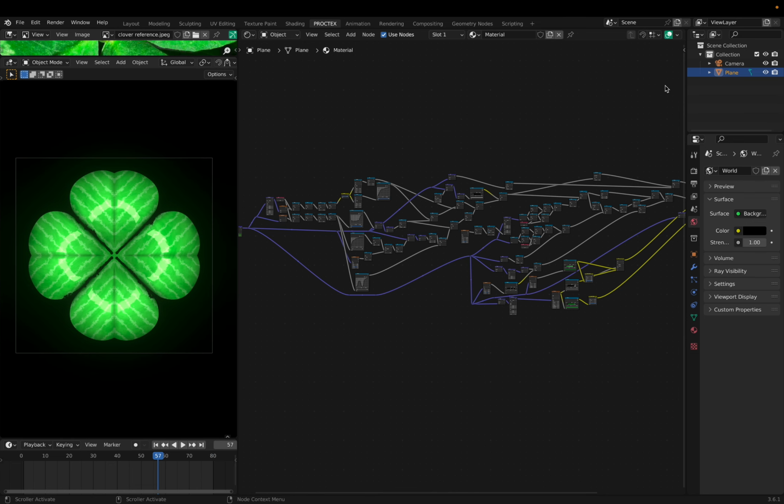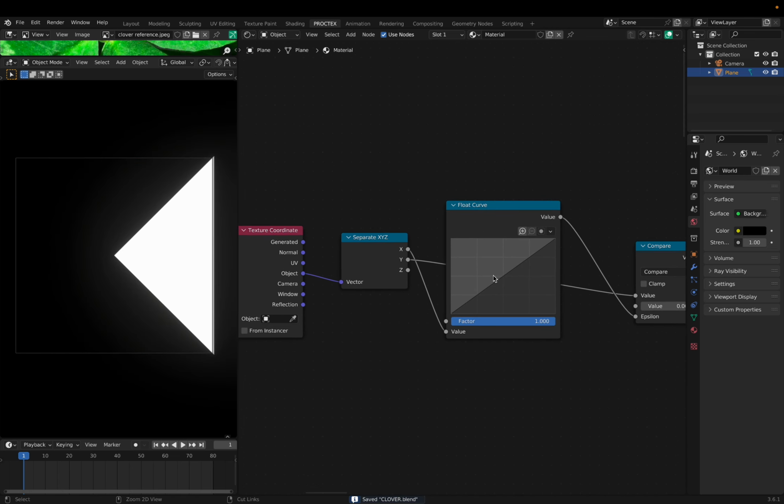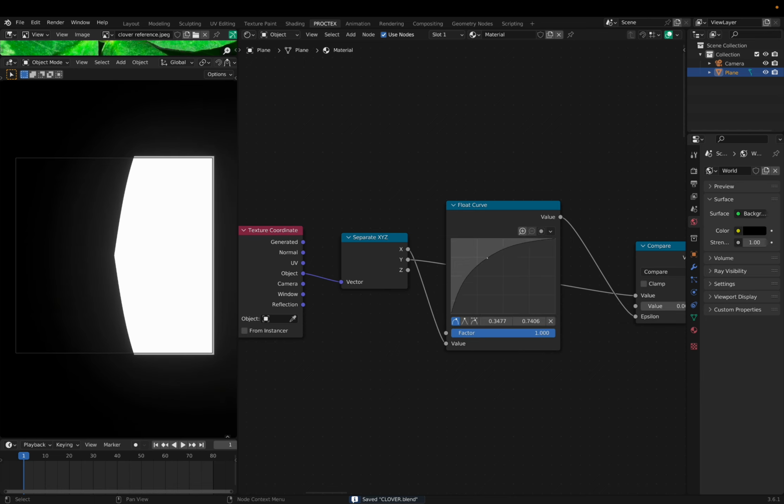I hope that was a cool deep dive into my process and how I use the float curve node to make some cool shapes. I think the float curve node is pretty underrated. I'm gonna show you how I can make a really intricate shape using a very simple node setup. Let's cut to that. So here we have a super rudimentary node system, but I can use this to draw